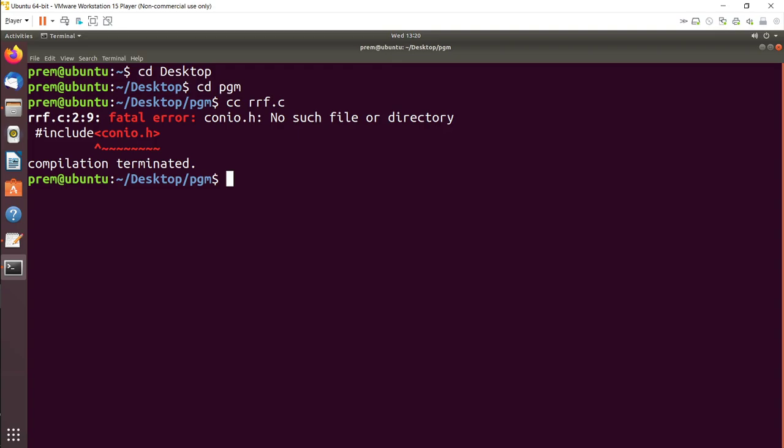As you know, conio is for console input output, which is used for MS-DOS, Microsoft Disk Operating System, and Linux is not a DOS platform. So conio.h is simply unnecessary in a C program while you are working on the Linux platform. So we don't have to do anything, we'll simply remove it.